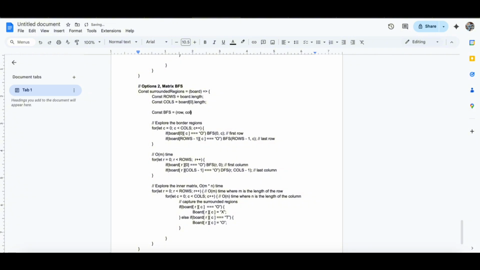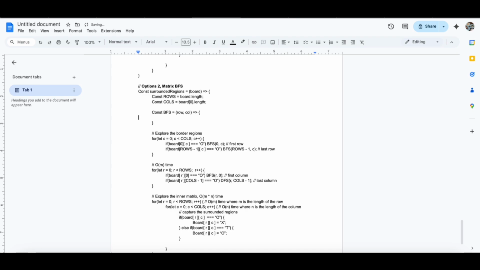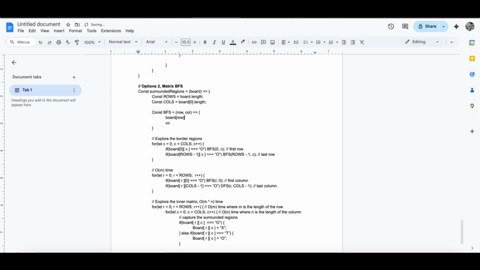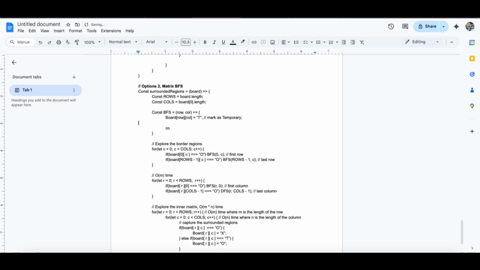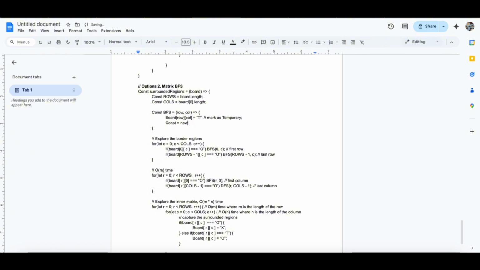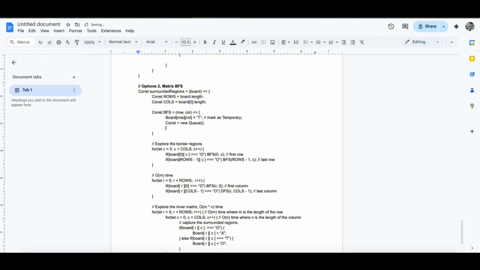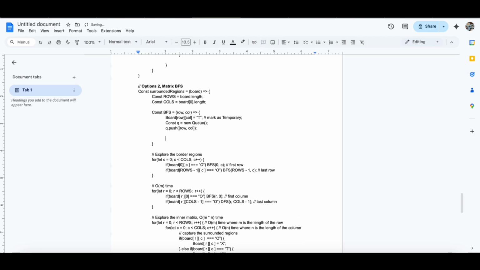BFS row call. What we need to do is mark them as visited, that is our work row, call as temporary, right? Then we create a new queue. I want to use the queue class. Then this should be queue dot push row and column. Then what they are doing is, if the queue is not empty,